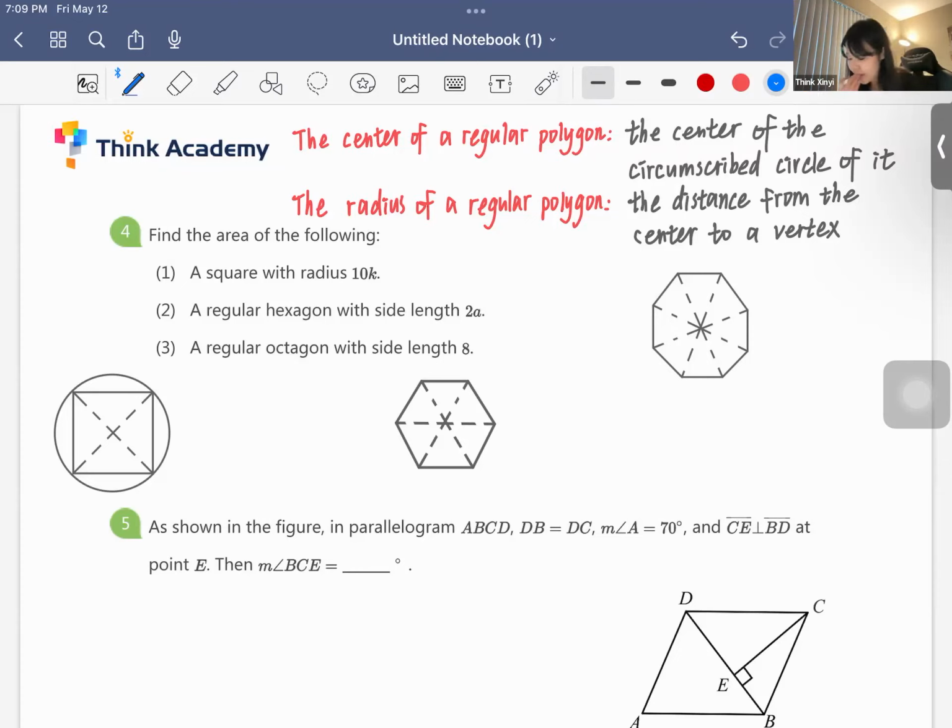The first one is a square with a radius of 10K. The radius is the distance from the center to a vertex, and it's also the radius of the circle, so the square is circumscribed by the circle. So we have the radius as 10K. If the radius is 10K, then the relationship is actually 10K